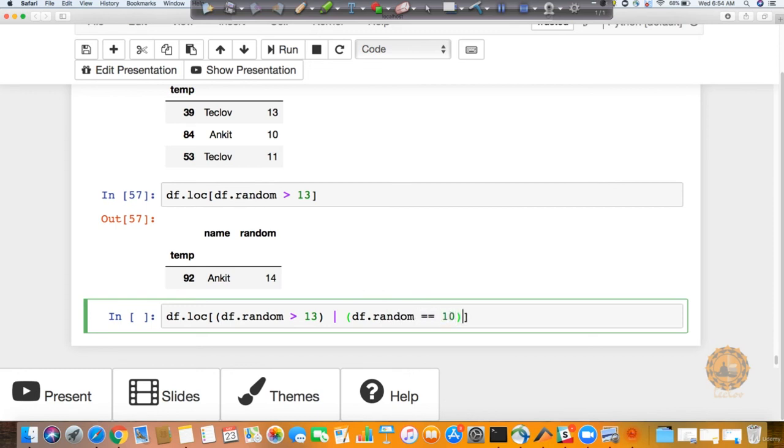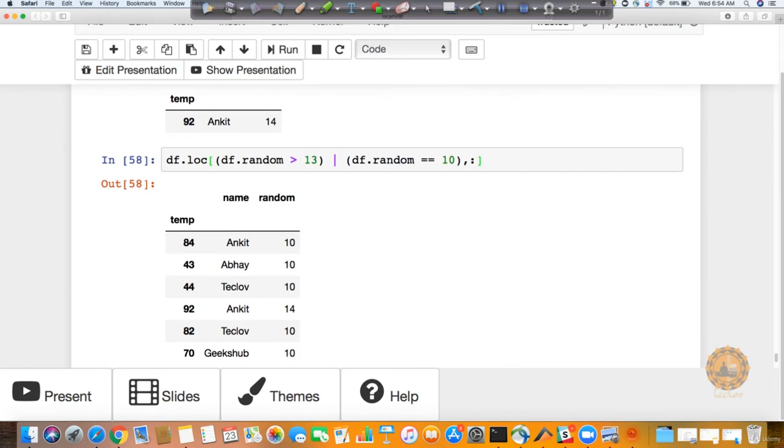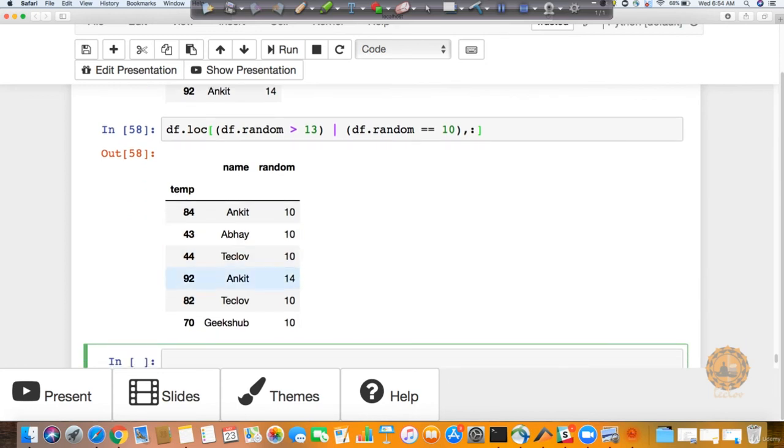Notice I'm using double equal to. This is going to be my row condition and I want, let's say, all the columns. You can see here, either if the value is 10 then return it, or if the value is greater than 13 then return it. So that is how also you will be able to provide some interesting conditions.